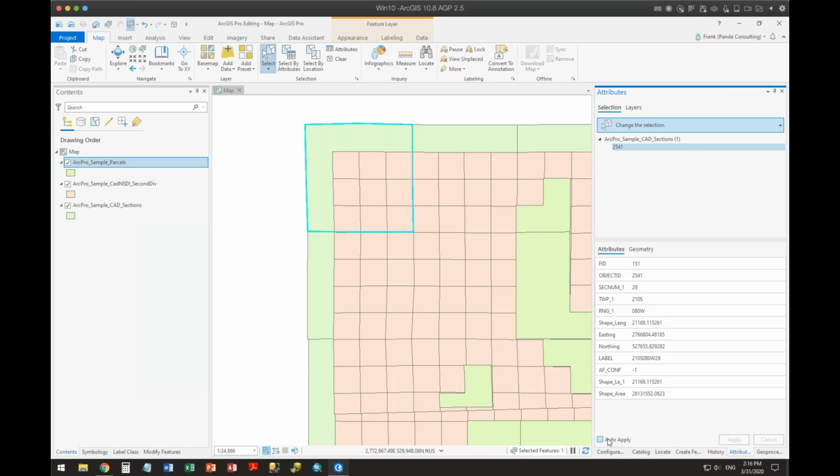So that if, for example, I were going and taking auto apply and I change this from 29 to 30, as soon as I hit return, it's automatically changed back there without me having to hit apply. Again, it depends upon how you edit things, whether that's a good thing or a bad thing. For us, it's actually very nice to be able to do that without having to hit apply every time.